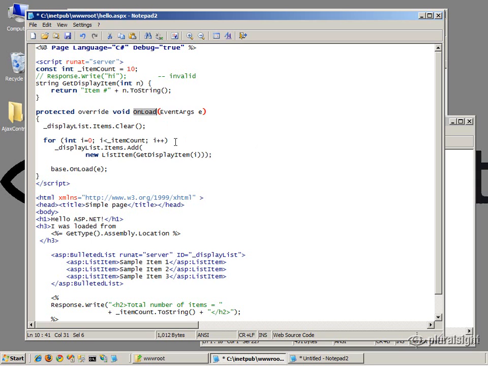And what I'm going to do is take advantage of the fact that this control, the bulleted list, was added as a member variable to my class definition, and the identifier is going to be the same as the ID that I specified on the markup element. So I can refer to that control just by using the _displayList variable here. And I happen to know this list. You could look up the definition for BulletedList to find out all of the properties that it exposes, but I know that it exposes an Items property